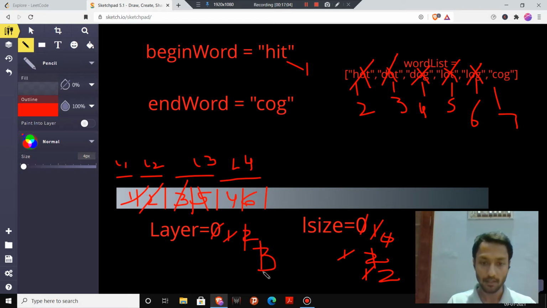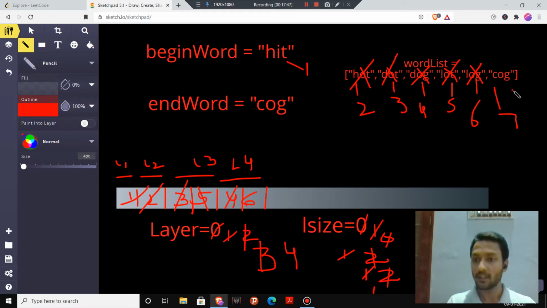So we are at level number 4. Now we will look at the fourth word, and we will pop it from the queue, and push all the words that can be made from word number 4. Word number 4 is dog. So we can make cog from word number 4 by changing only D to C, which is a permissible operation. Now we have removed 4 from here. Our L size has reduced to 1.